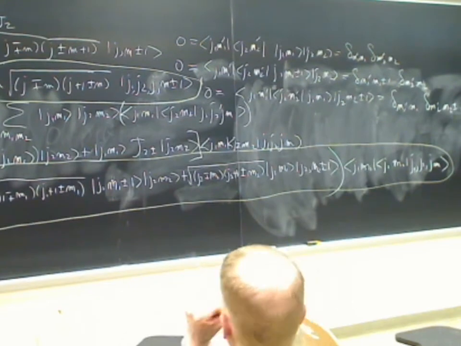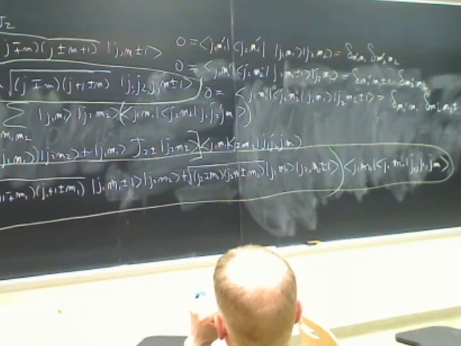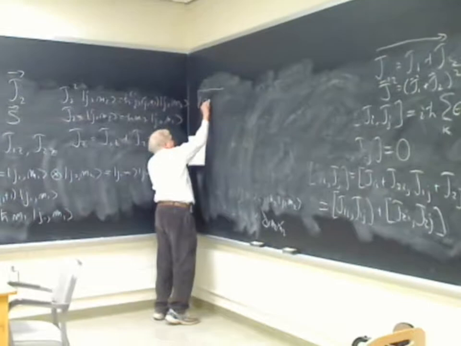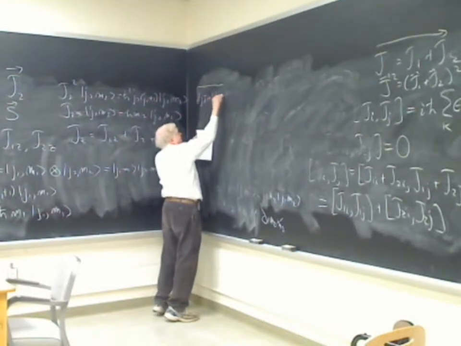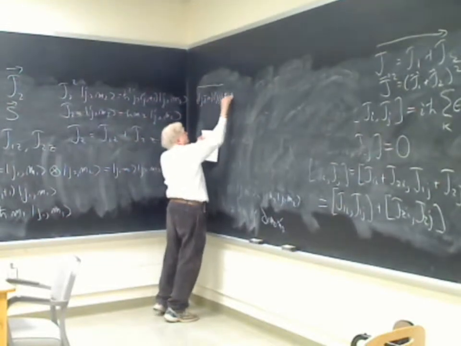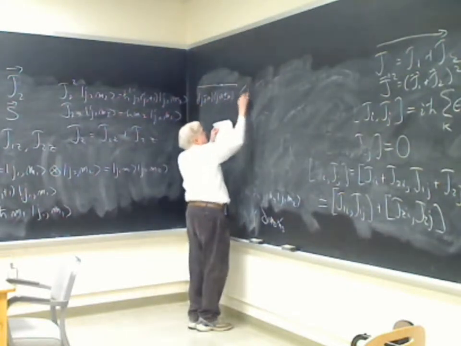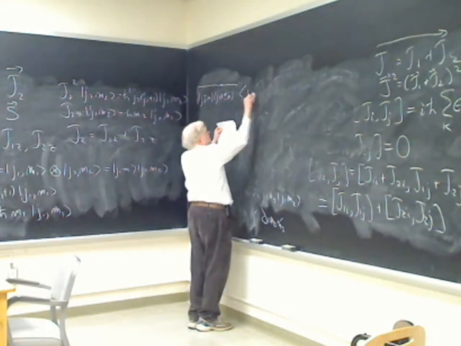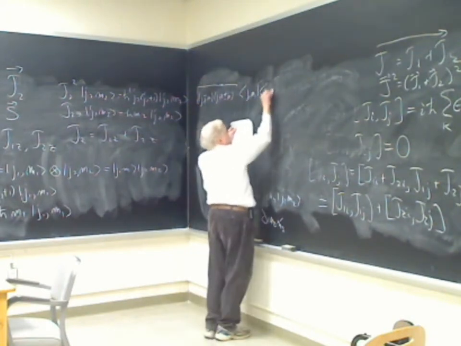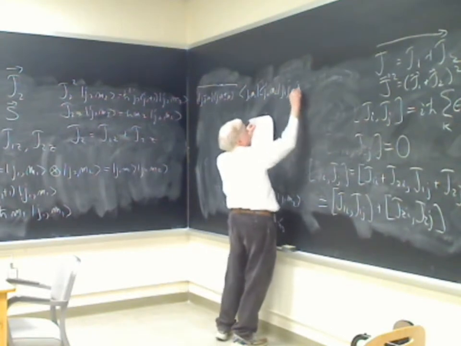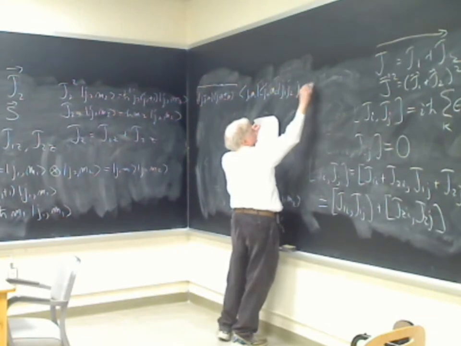What we have, all right, I'm going to write it in its final form, which skips one equation. This will be saying the following: j minus or plus m, j plus 1 plus or minus m, and an h bar has to be canceled from both sides. j1 m1, j2 m2, j1 j2, j m plus or minus 1